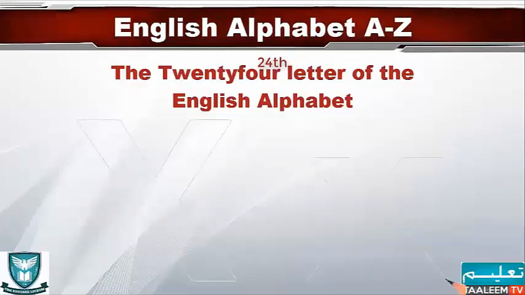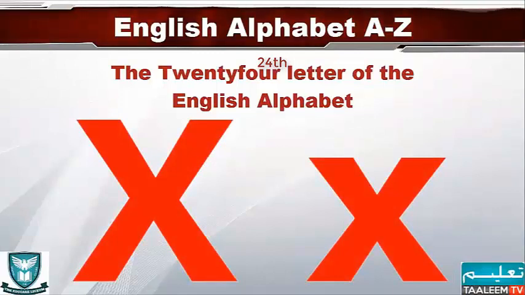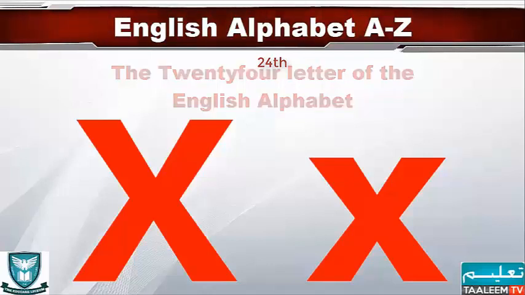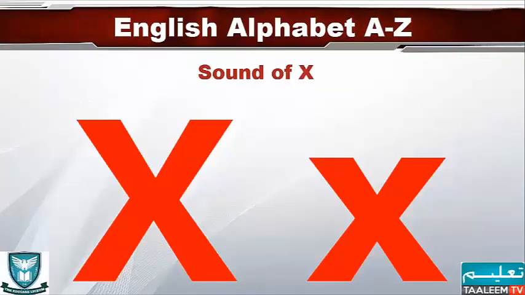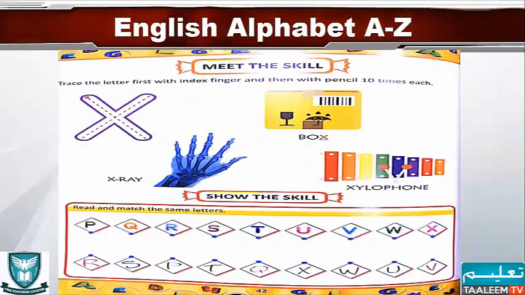Now our next letter is X. X is the 24th letter of the English alphabet. It gives sometimes X sound and sometimes Z sound. For example, box,